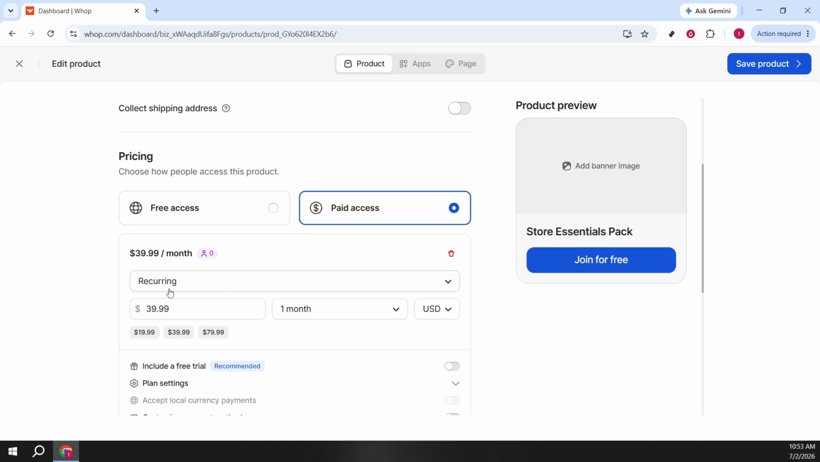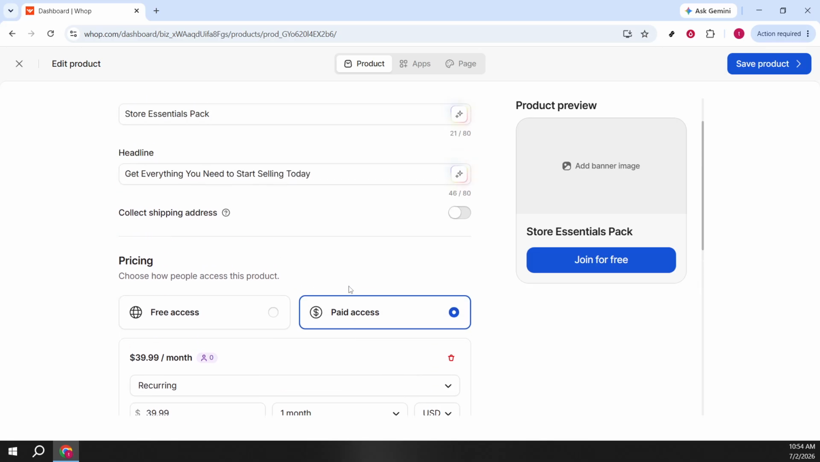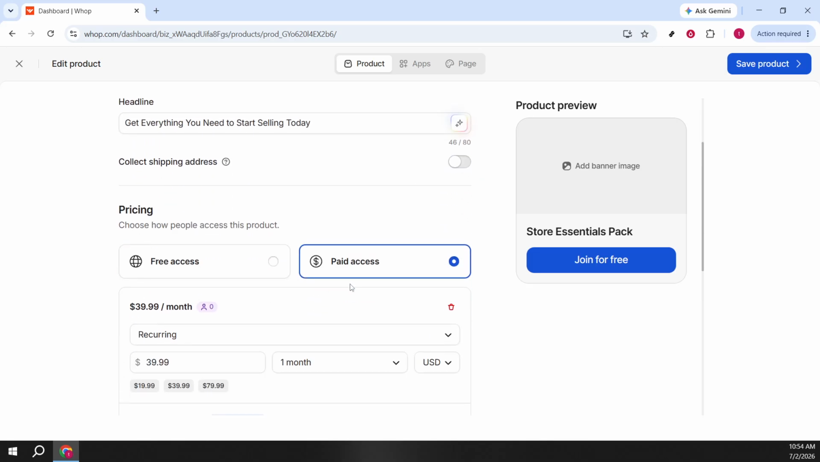Just make sure your payout account and collaborator permissions are correct in your business settings before turning on paid recurring access. If you offer trials or discounts, verify they align with the recurring price you've set. Finally, preview the product page to confirm the price, interval,